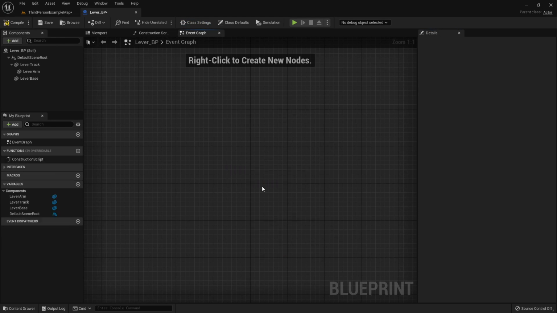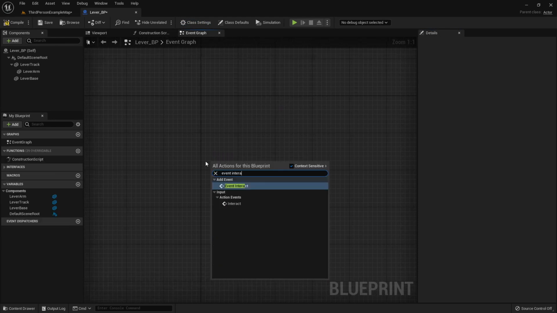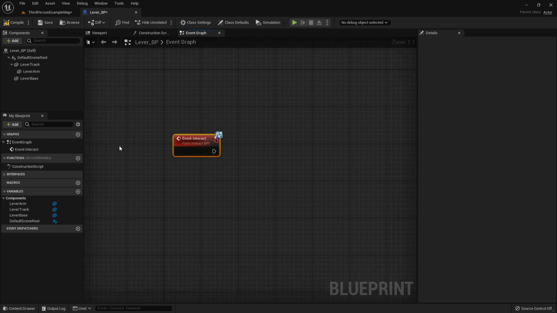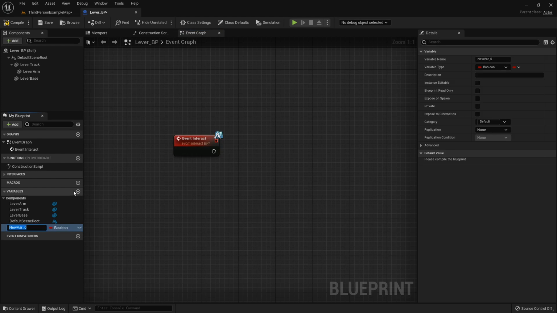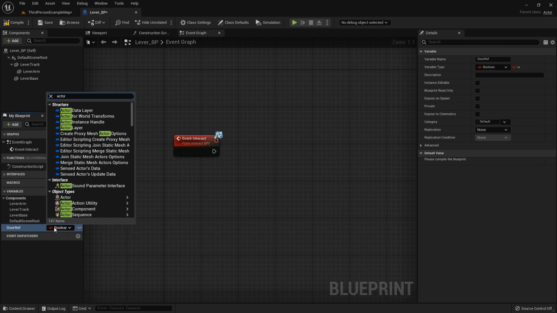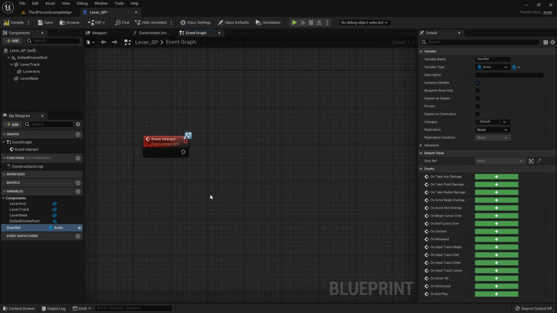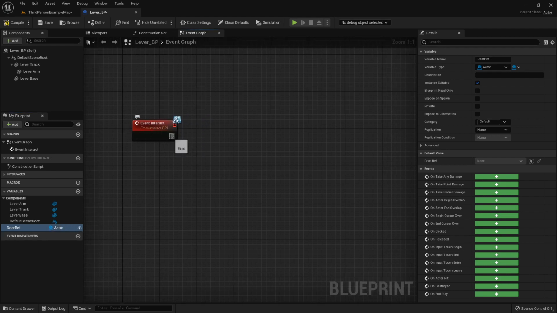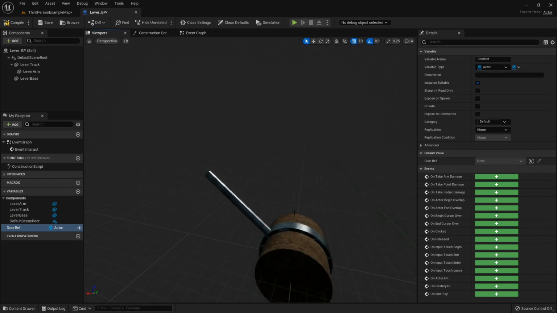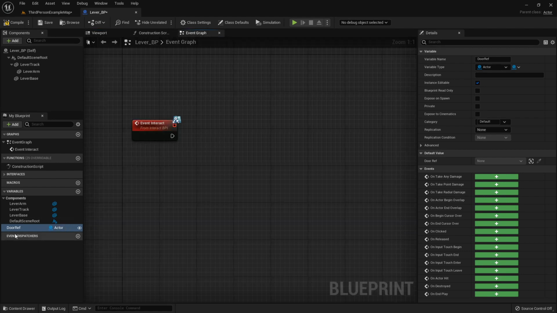So I'm going to get rid of all this in its event graph. On event interact, we are going to tell it to affect another component. So let's add a variable called door ref, and this one is just going to be an actor reference. So we'll just get actor object reference, just like that. And then we can set it. Well, let's click this little eye. That'll make it to where we can establish. So when we interact with it, we want to rotate it, and then once it's done rotating, tell it to open